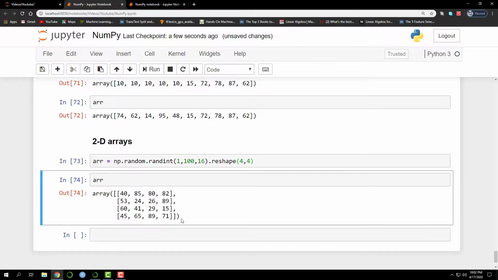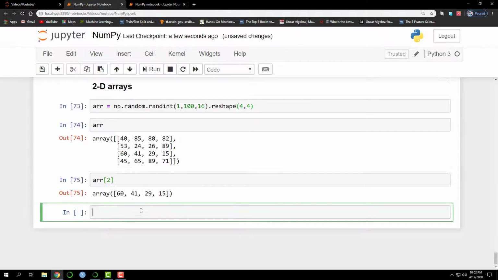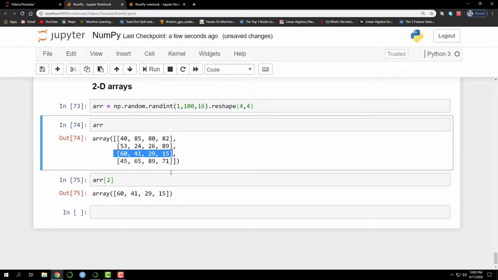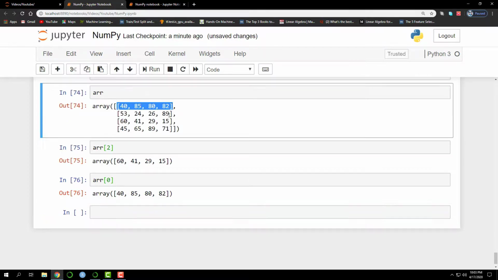Now if I want to pick the row containing 60, 41, 29, 15, then I have to pass in ARR[2], because if you see the index position, it is 0, 1, 2. Similarly, if I pass in ARR[0], then I'll get the first row.